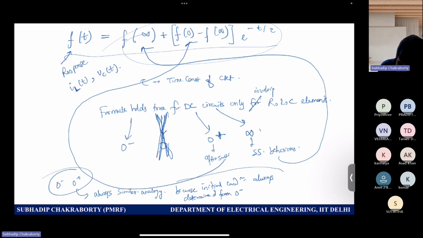That is 0 minus. Before switching, what was the circuit? If you don't see the circuit structure before switching, how will you know the initial current or initial voltage? Once you solve that initial circuit before switching, you know the initial current or initial voltage. With that information, you again go back to the 0 plus, after switching instance, circuit. So step 1,